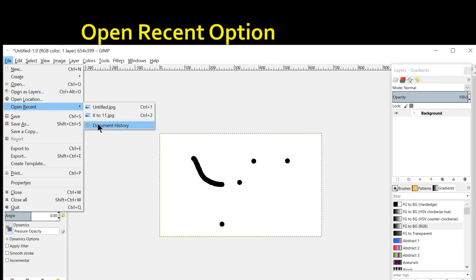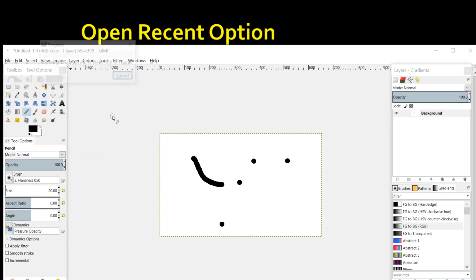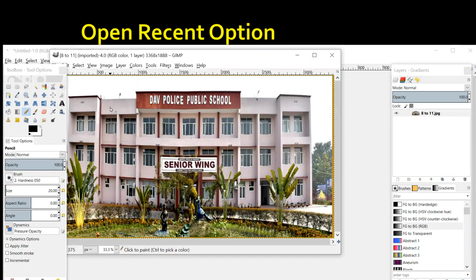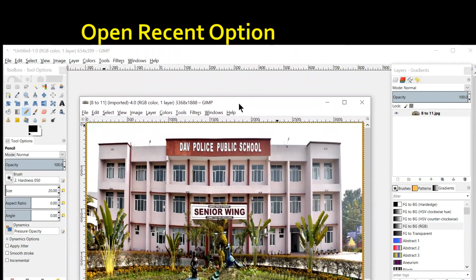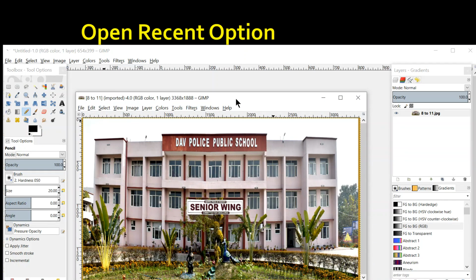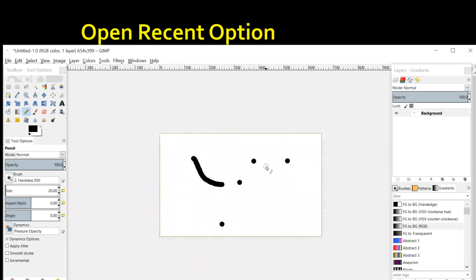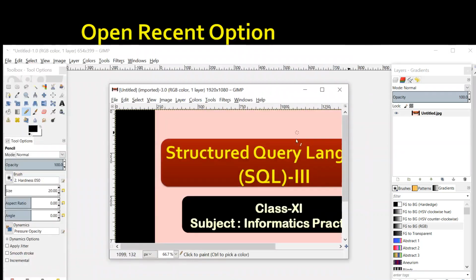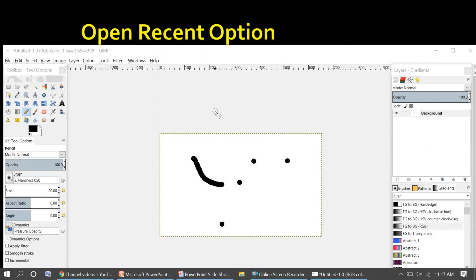Here you will see those images which recently you have opened here. If we want to open any of the image, then you can click on that. Suppose I want to open the recent image which I have opened, then click on that and that image will open here, right? Then let me close it. जो भी extra हमने खोला है, that I am closing, right?